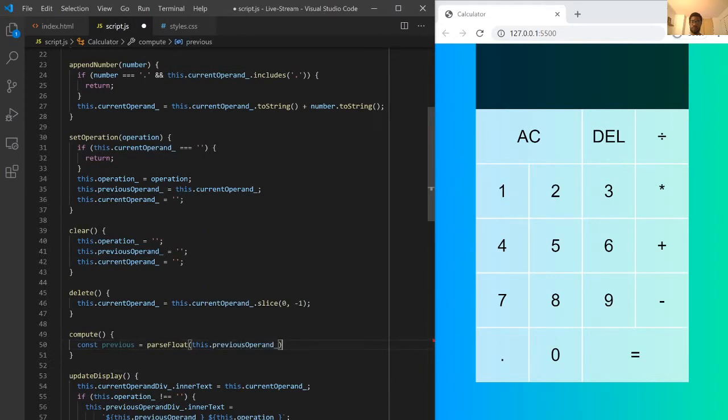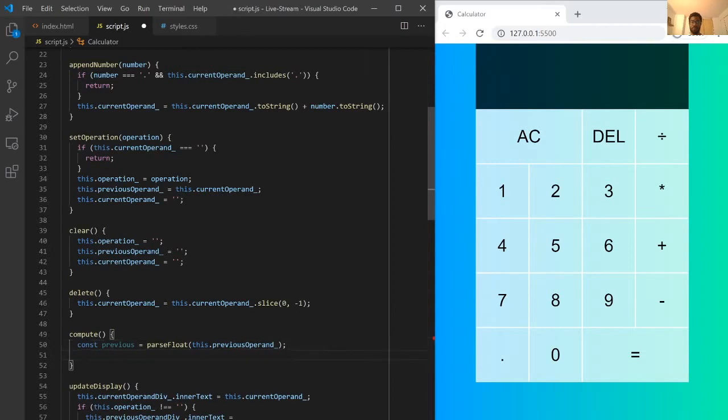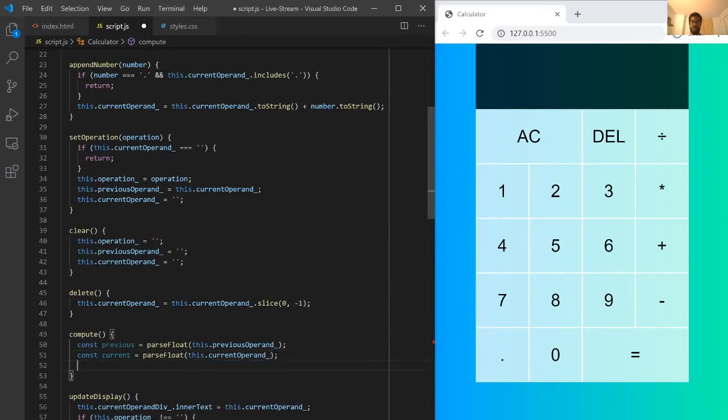Okay, good. We'll stop that crash, which wouldn't be the end of the world, but not ideal. Okay, const current equals parseFloat(this.currentOperand). Okay, and then let's do some error checking. So let's say if isNaN, that stands for is not a number. So if the previous value for whatever reason isn't a number, maybe we just didn't supply a value yet,